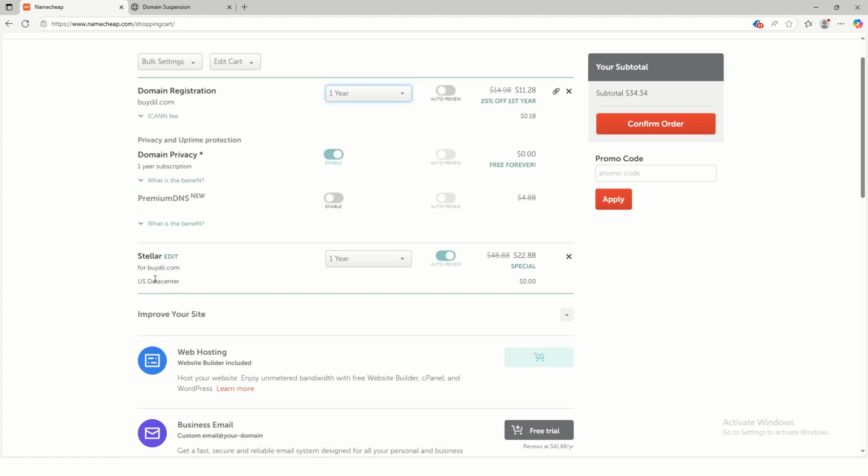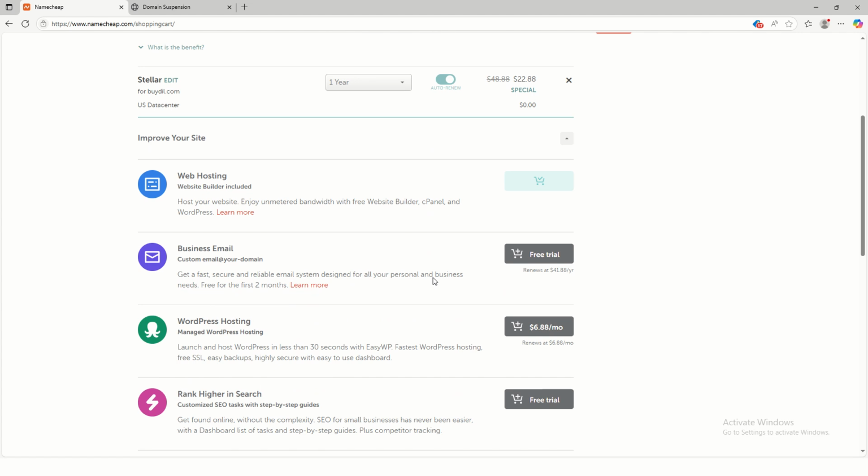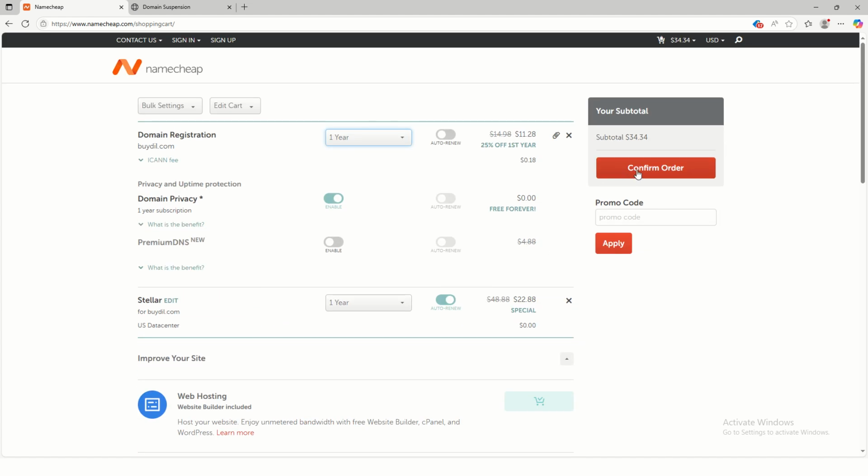Then the domain itself, that is buydeal.com. Of course, we're paying for 1 year. So both the domain and hosting, we're going to pay for 1 year. The total for the domain is $22.88. The total for hosting is $22.88. Then for the domain it is $11.28. If you add it up, it's going to give you $34.34. All right. So if you're good with this, all you need to do is click on confirm order,